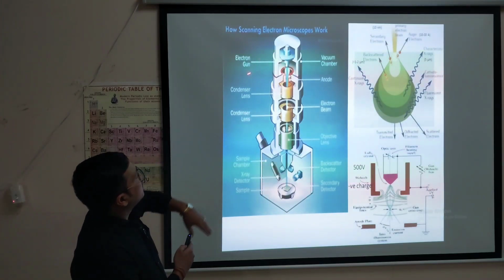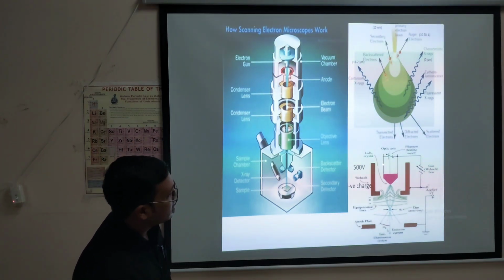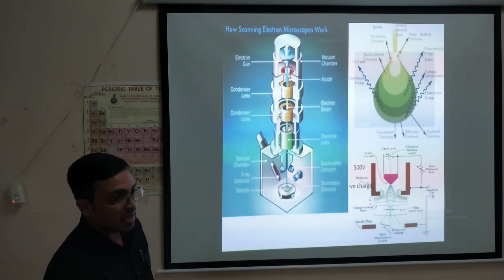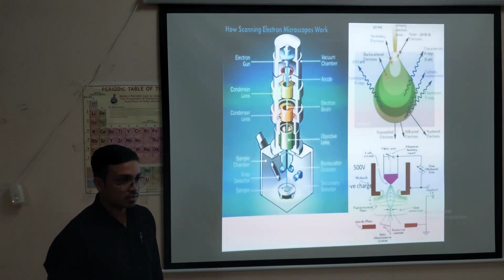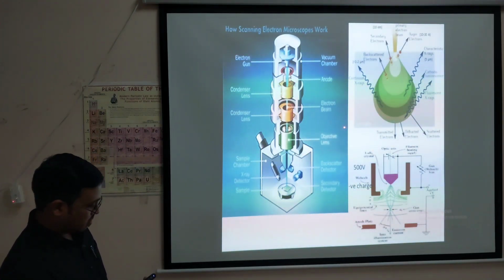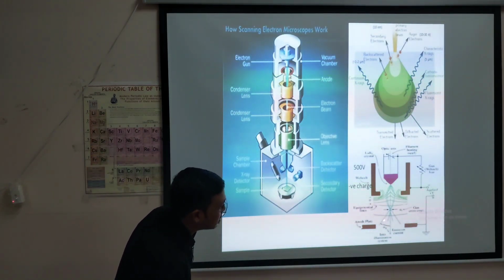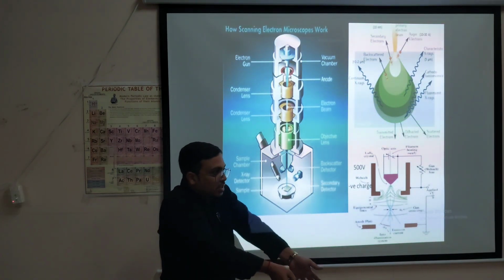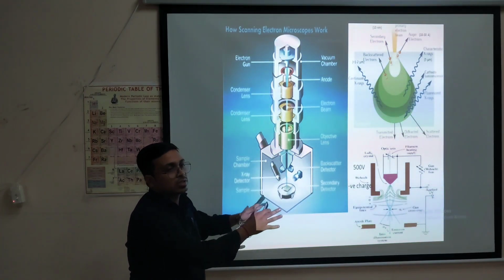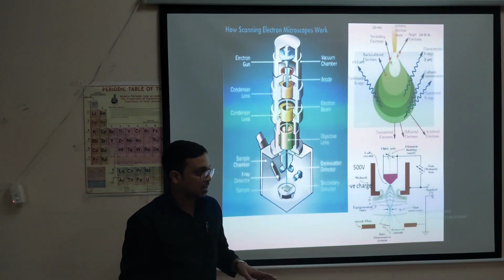This is the electron gun and this is basically a cathode. Here it is, the electron gun of tungsten. Cathodes are negatively charged electrodes. And this is the anode. So what is the role of the anode? The anode will have a slit, so it will focus the electrons coming out of the filament, the tungsten filament. Let us discuss tungsten as the source of electrons. Any point you have any doubt, you can ask, whatever the problem.